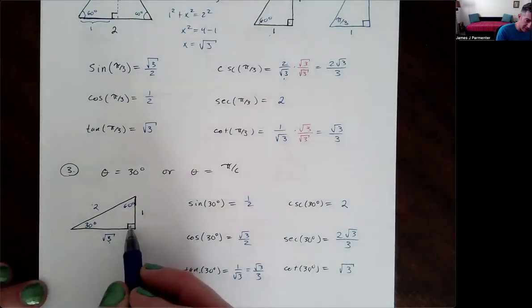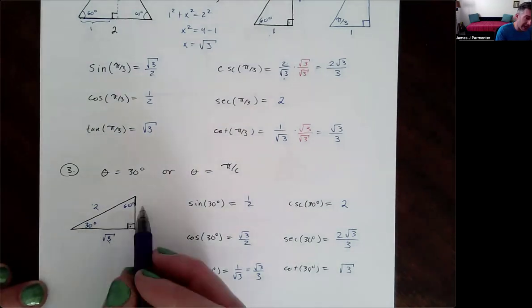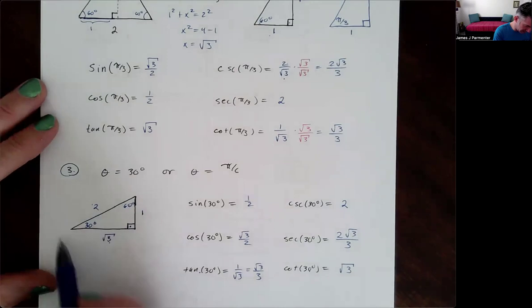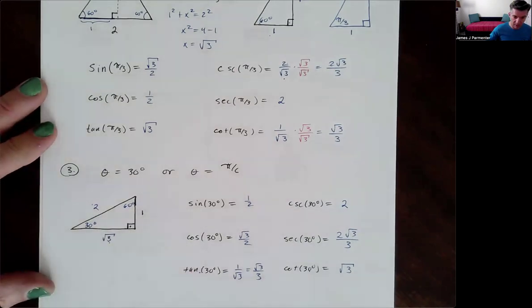30, right? This is a 90-degree angle, which it's going to be. The other two angles have to add up to 90 degrees, which is the definition of being complementary. So these are the three special angles that we are expected to be able to find all the trig function values of. And I would probably recommend, no, definitely recommend memorizing this 30, 60, 90 triangle with the side lengths